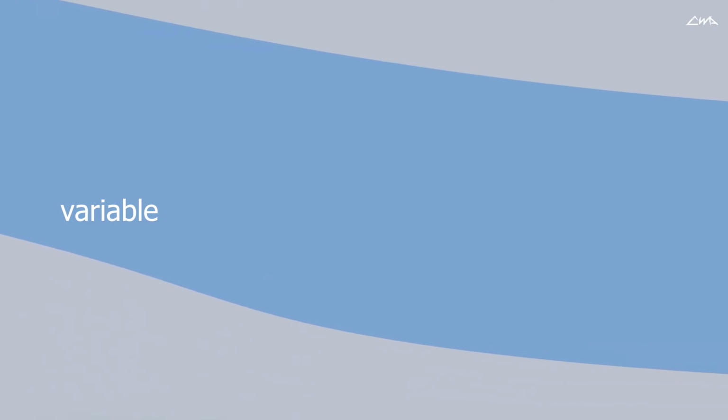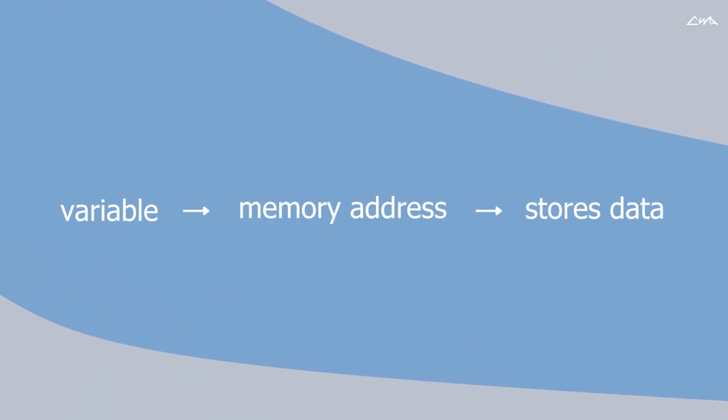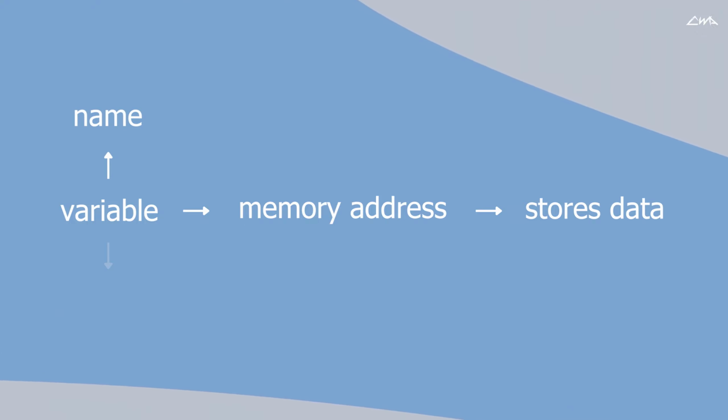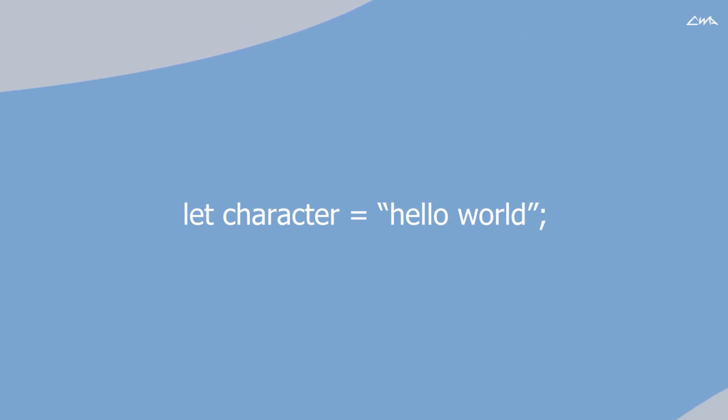In simpler words, a variable is a memory allocation or a memory address which stores data or a value. A variable needs a name to be used in the program. It uses let to declare a variable name. Now let's look at an example. Here, let character = "hello world";